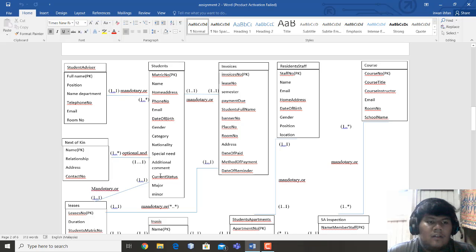Okay, for the attributes of student advice, we have full name as the primary key, position, name, department, telephone